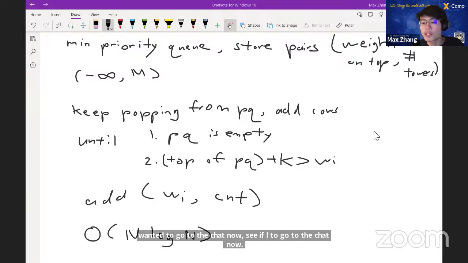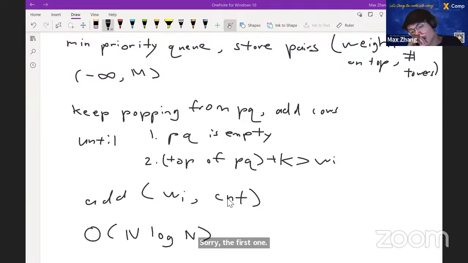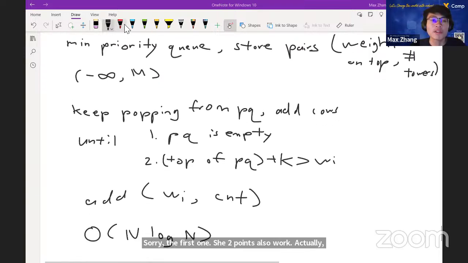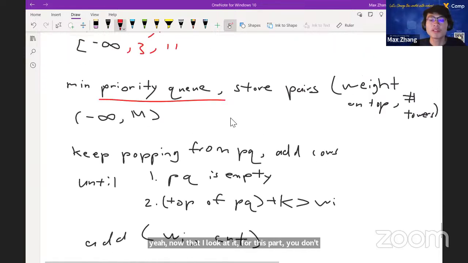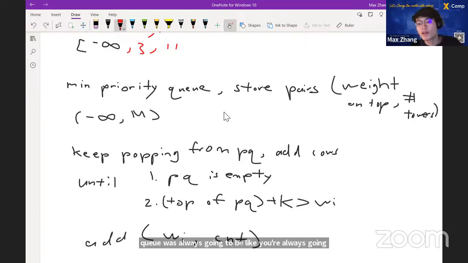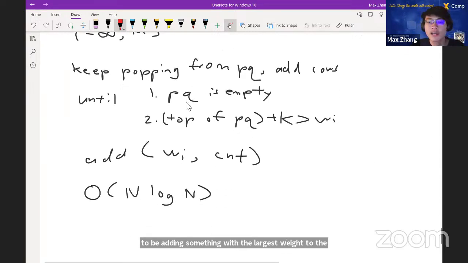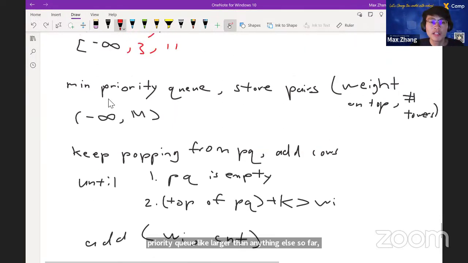Should two pointers also work? Actually, yeah, now that I look at it, for this part, you don't actually need a priority queue, because you're always going to be adding something with the largest weight to the priority queue, larger than anything else so far, and you'd always be removing the smallest one. So you are correct that we could substitute this priority queue for some sort of two pointers instead,